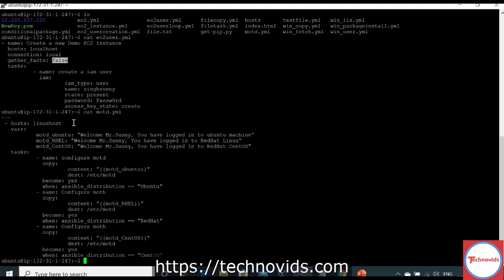If I haven't mentioned anything, by default it will be true, and it will gather the facts. But suppose I mention gather_facts is equal to false here, then what happens? This playbook will throw an error. Why? Because if facts are not gathered, this variable will not get its value. It will be an undefined variable, so my playbook will fail, right? That is why it is important that we should not make this mistake.